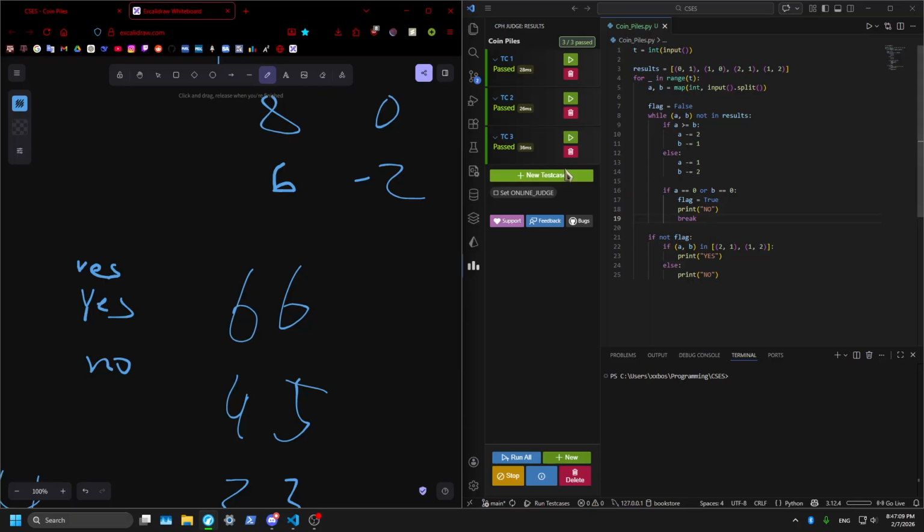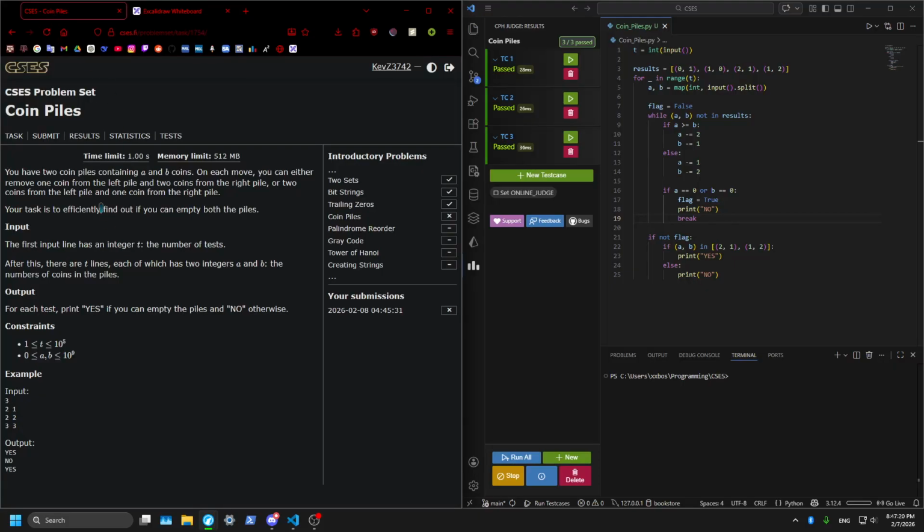Well, I am brute force simulating it, but so what are our operations? These are our operations, which means